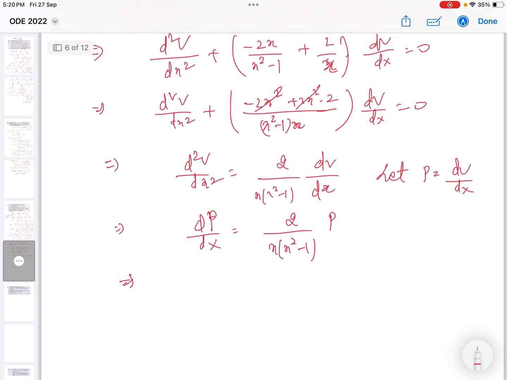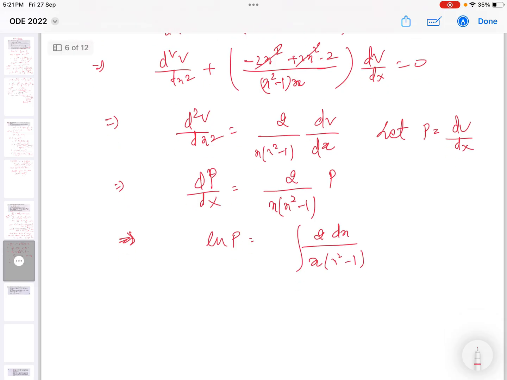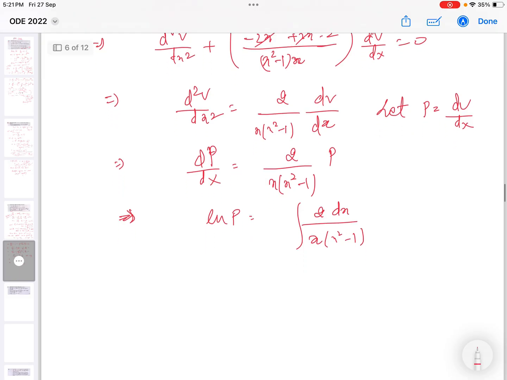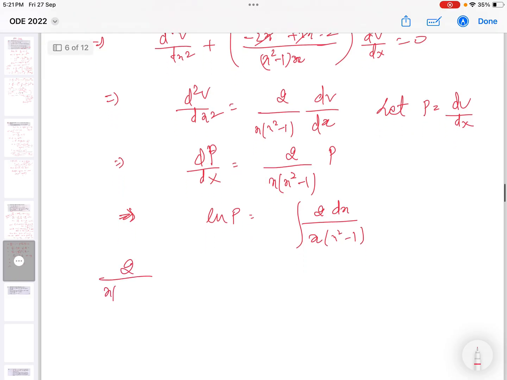It will be easier for us to solve it. If we take it here, then it will become ln p. I'm just writing directly: if you take it here and integrate it, it will become ln p equals integral of 2 dx over x squared minus 1. So we can do partial fractions of this term and solve this equation. In order to do partial fractions, we can write it as